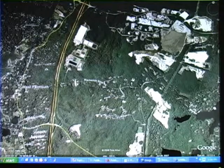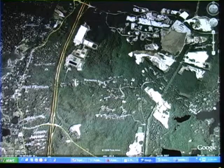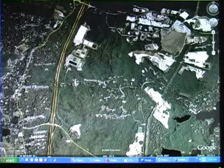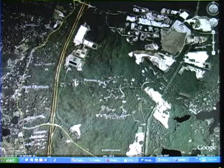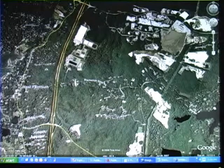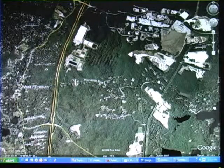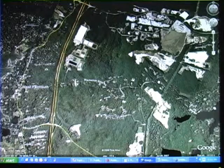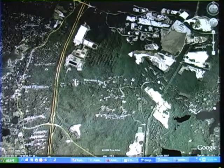The other feature of this area of Falmouth for years and years, before the 70s, is that it was basically known for rocks. A lot of the excavation companies used this area just to get granite and boulders. And the other thing it was used a lot for was gravel pits, quite a few gravel pits in that area. So, not that it's a high hazard area, but we do have to think of things like gravel pit issues, whether there's machinery involved in there, or whether there might be kids playing in some of the gravel pits,